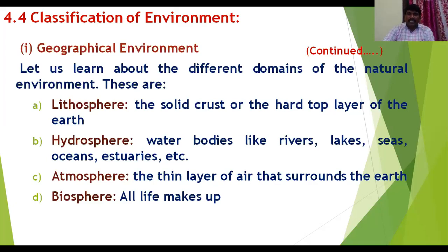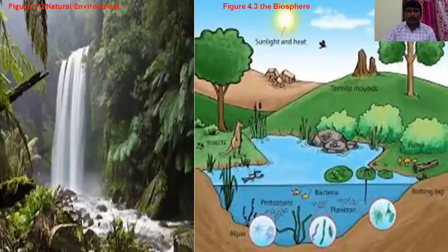The fourth, that is D, is biosphere. All life makes up the biosphere. It is the zone of the earth where land, water and air interact with each other to support life. The figures on the screen disclose to you about the natural environment. Figure 4.2 depicts the natural environment,